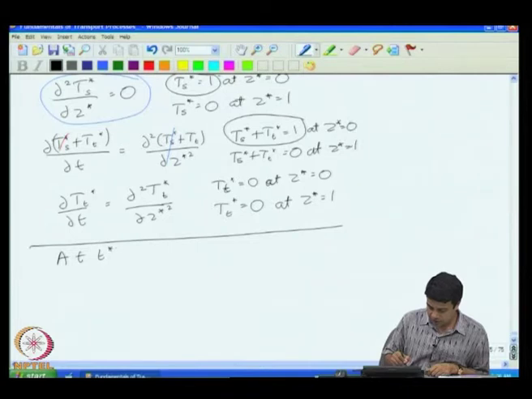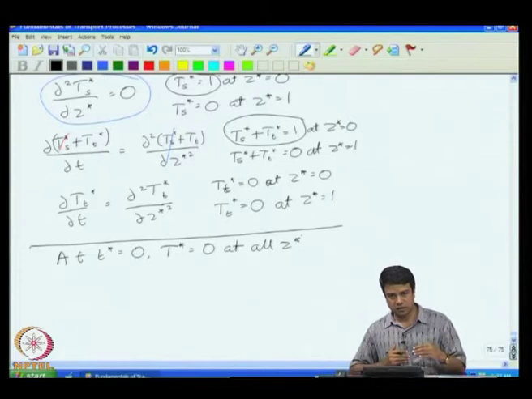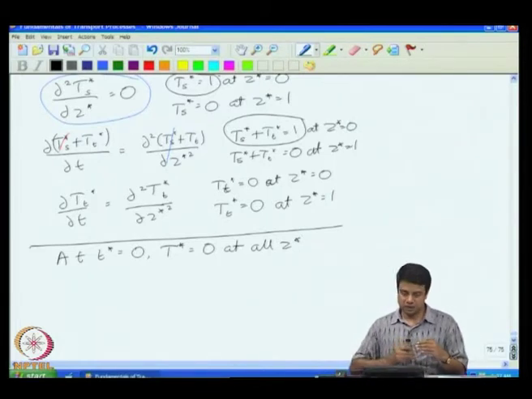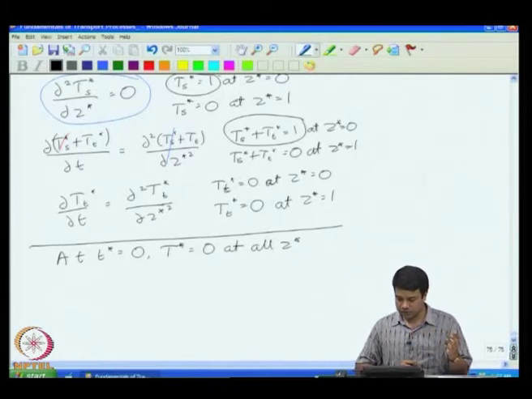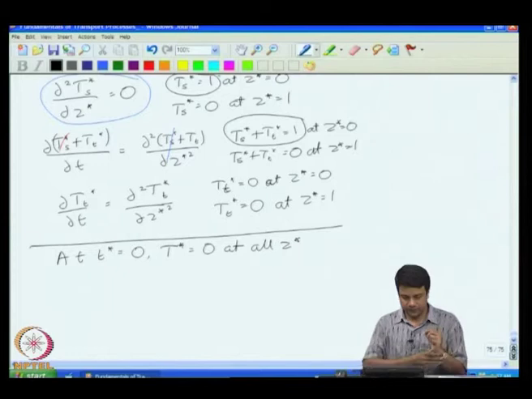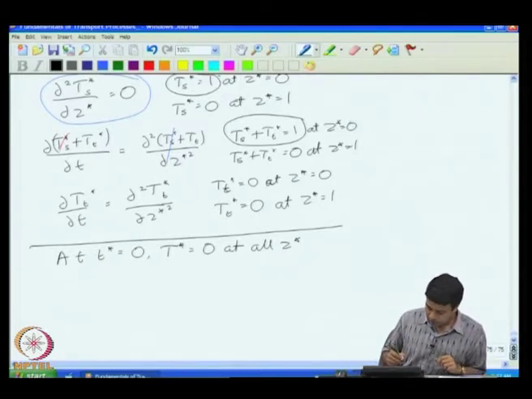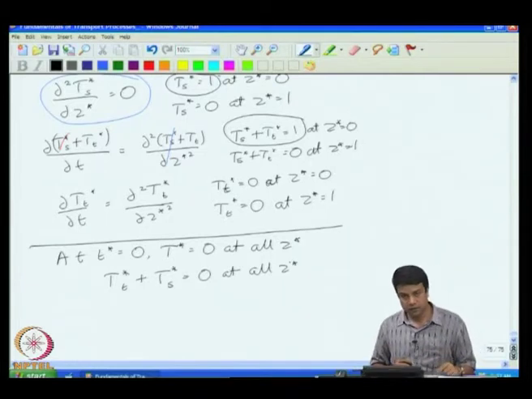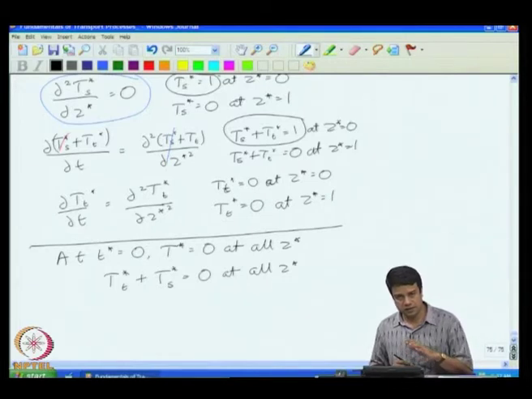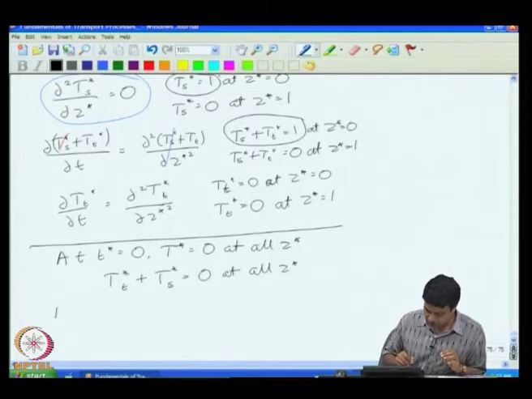At the initial time, T star is equal to 0, T is equal to 0 at all z. So, when I just switched on the temperature of the bottom surface, the temperature everywhere else within the fluid was equal to 0. So, therefore, the temperature is equal to 0 at T star is equal to 0 for all z. However, the steady part, so this means that T transient plus T steady is equal to 0 at all z. The steady part is independent of time. The steady part is time independent, it's only a steady solution. Therefore, the initial condition is that